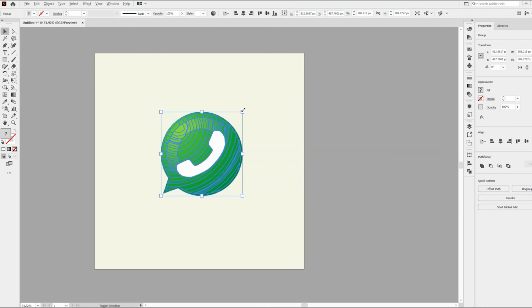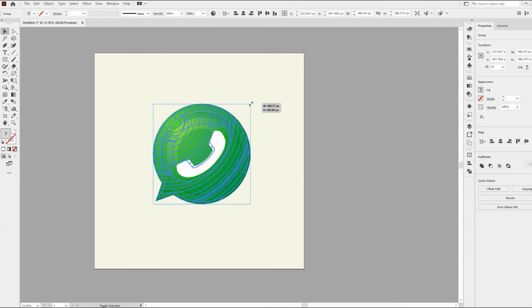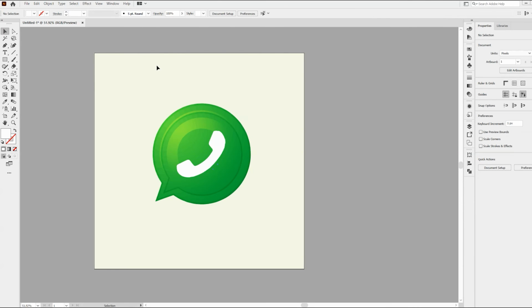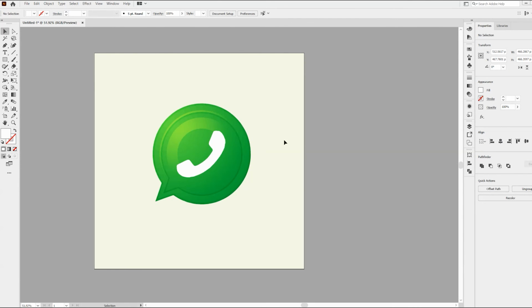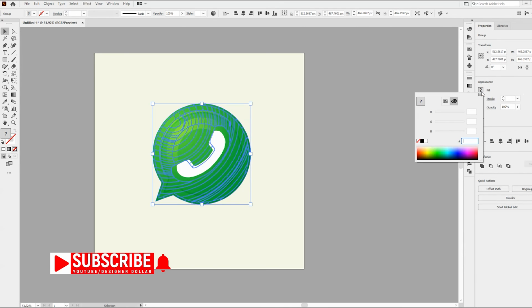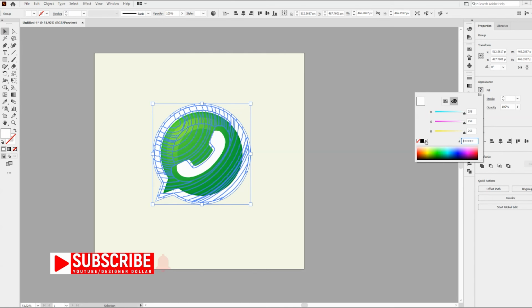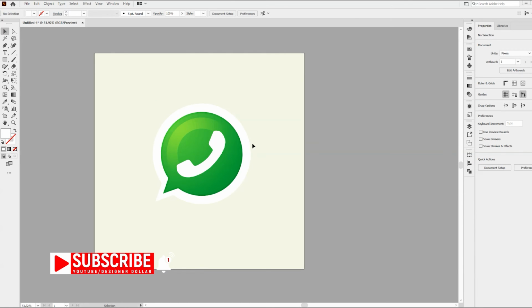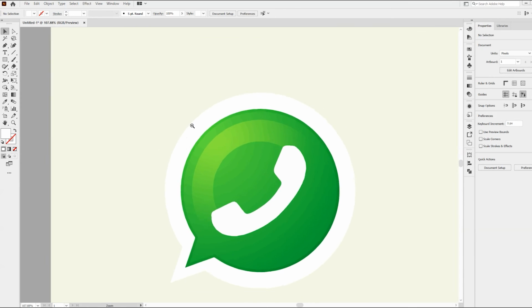And if I resize this image, nothing is happening there, but here is the trick. Select the outer layer, then go to Fill and select the white color fill. Now you can see.